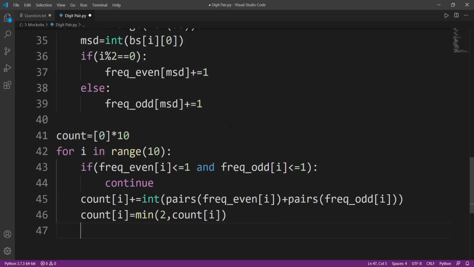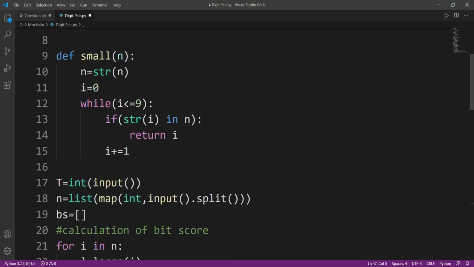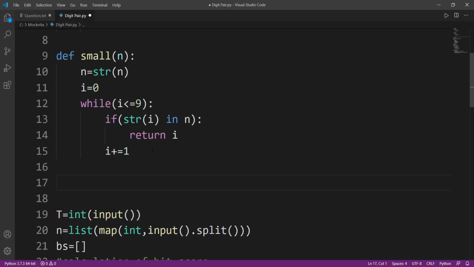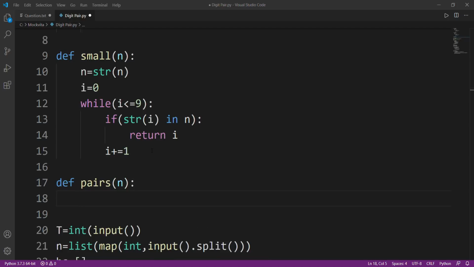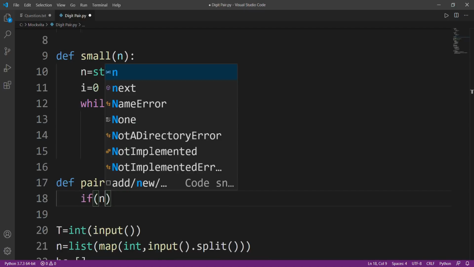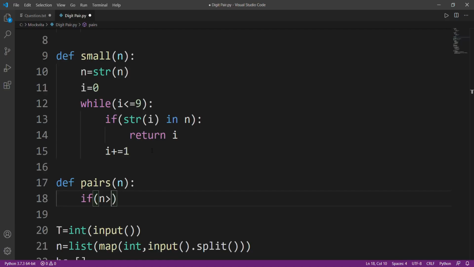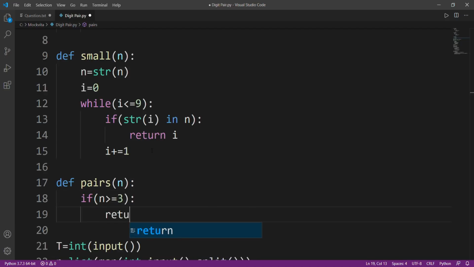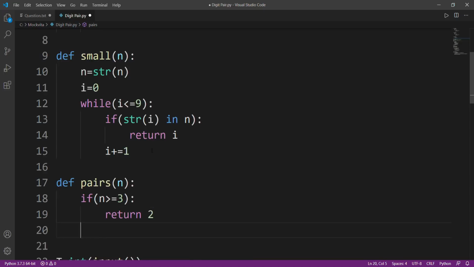Now I need to make a function of pairs, so let's make it. The function is pretty simple, it only calculates how many pairs are possible. If by any chance the number is greater than or equal to 3, then I'll return 2.